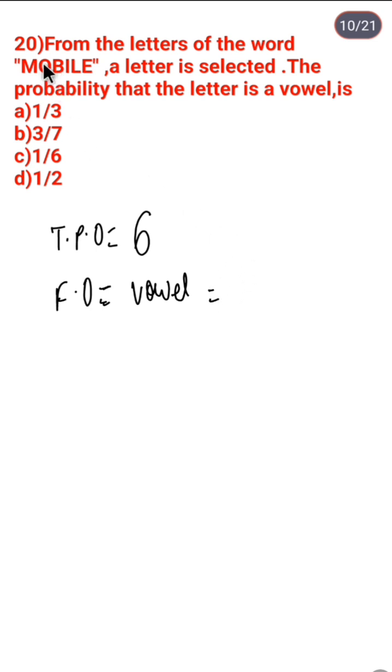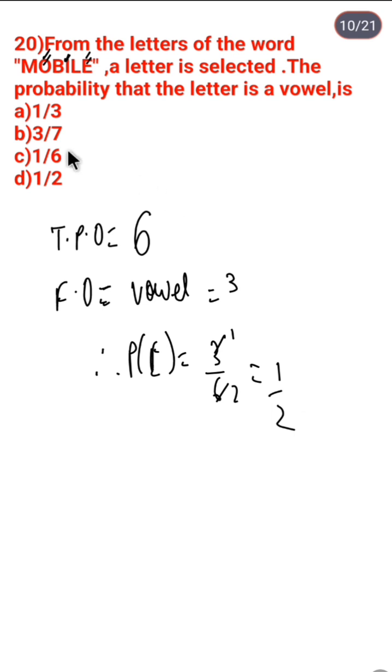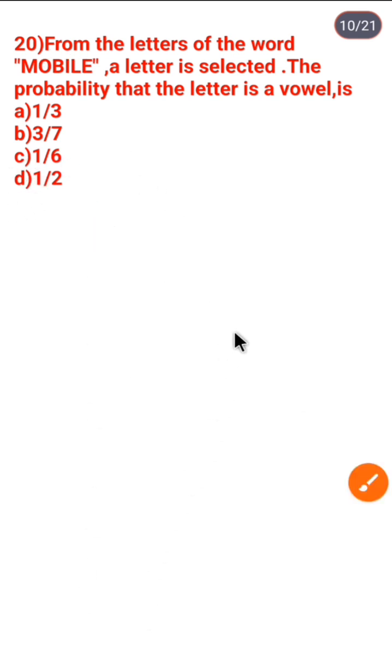But here in the word mobile, what are the vowels? O is a vowel, I is a vowel, and E is a vowel. Means how many? 3 vowels are there. Therefore the probability of this event is 3/6. 3 1s are 3, 3 2s are 6, so that is 1/2. Option D. Next question is,